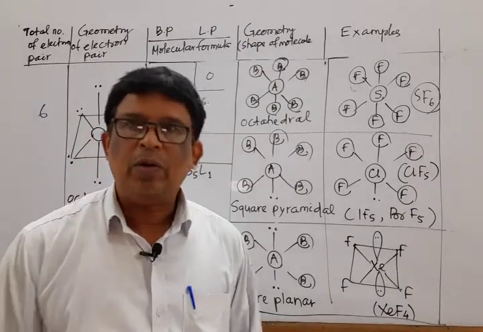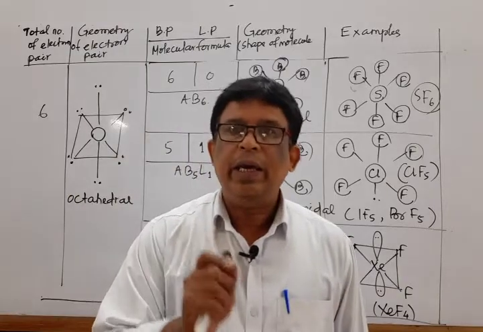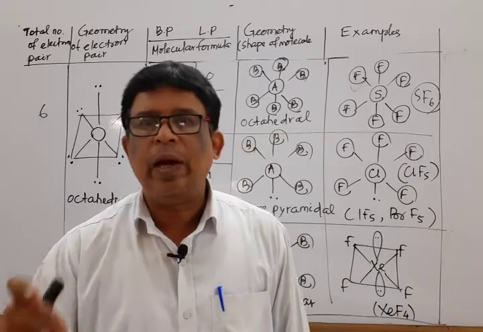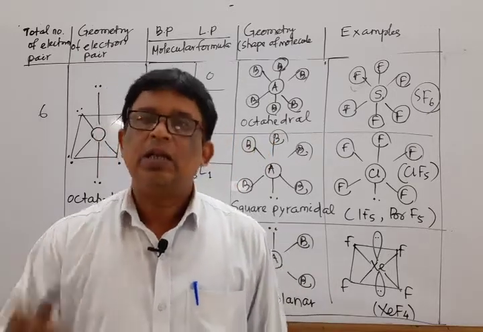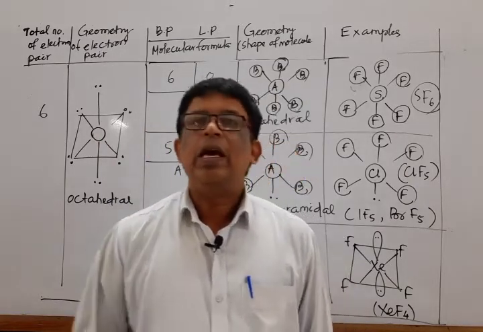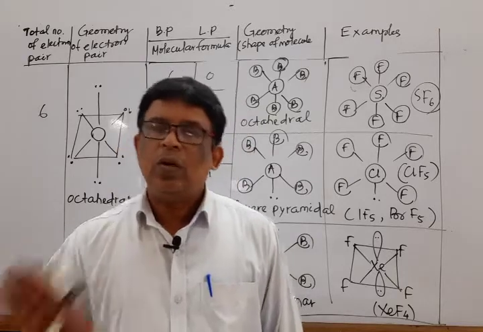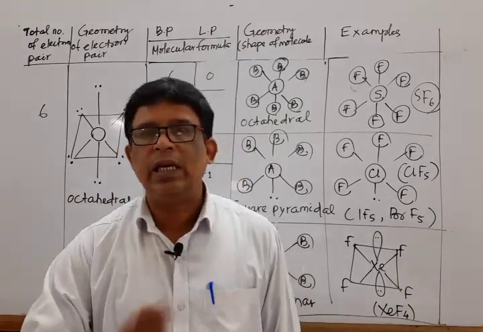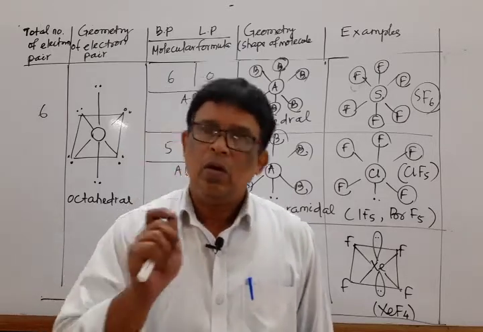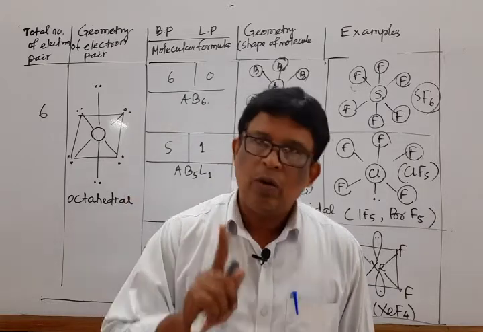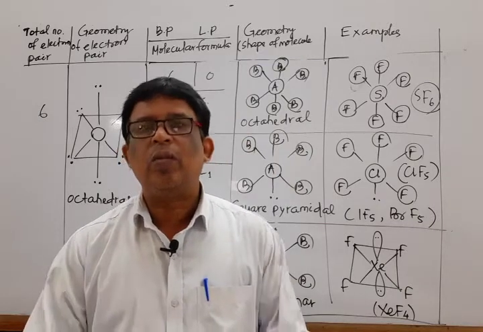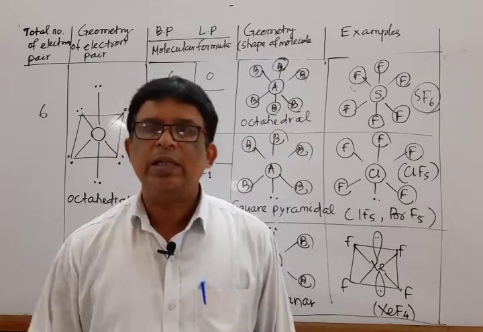It is all about a little idea of how VSEPR theory, valence shell electron pair repulsion theory, decides the shape of the molecule, the geometry of the molecule. According to it, if similar atoms are there and only bond pairs are there, then there is no change in geometry, the normal geometry is there. On the other hand, if different atoms are there, with lone pair electrons along with bond pair electrons, then the normal geometry is disturbed.